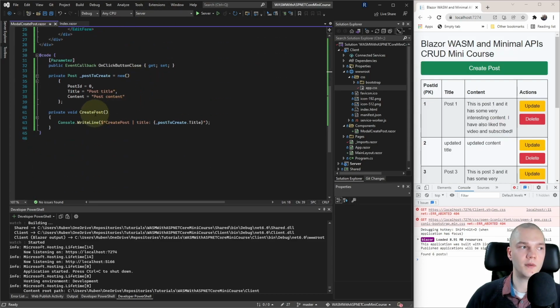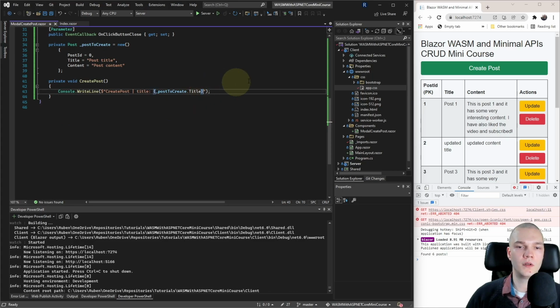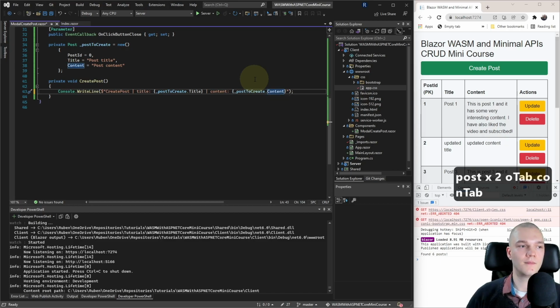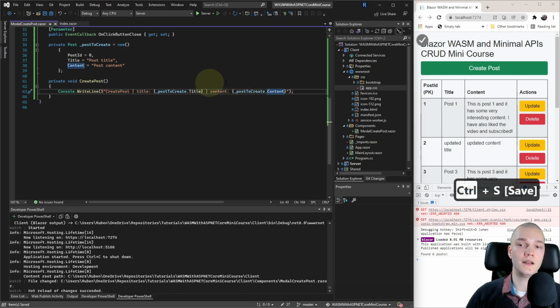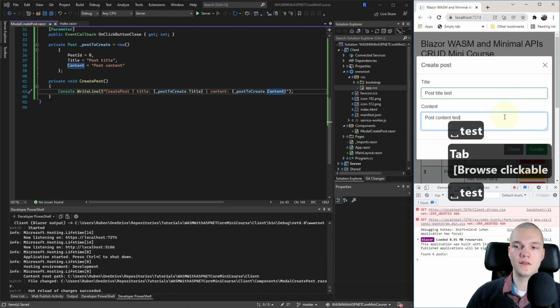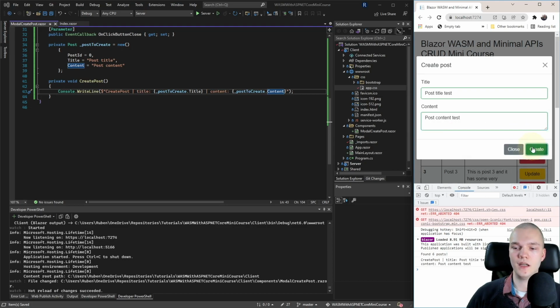So in the CreatePost, after the title, I'll do another separator and do "Content:" curly braces, then the _postToCreate.Content. Save that. Let's test it out. I'll open the modal and just add test to the fields, hit create, and there we go. It seems to be working. Let's change the values, and that works.